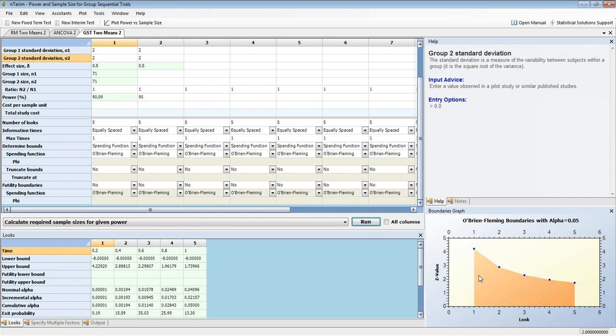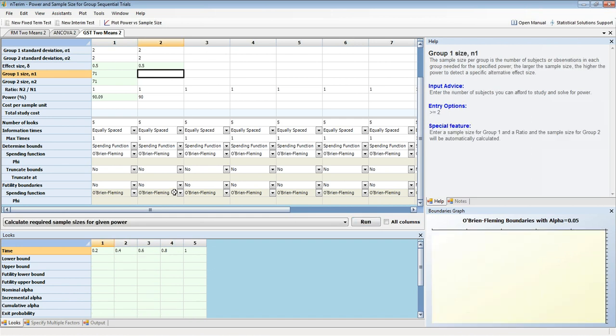If the trial then goes above this line, the trial can stop, and then you can reject the null hypothesis. There's overwhelming evidence for you to reject the null hypothesis. Now, what we've also added here in the new release is the option for futility boundaries, so the option to stop the trial for futility.